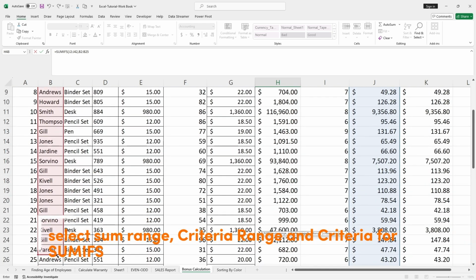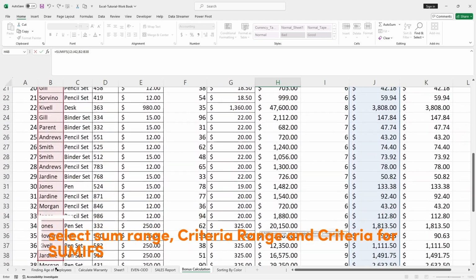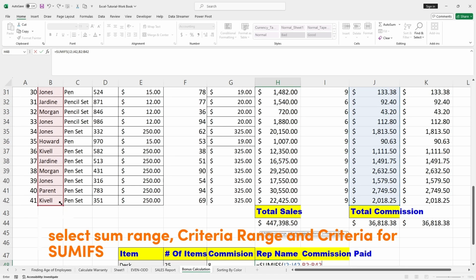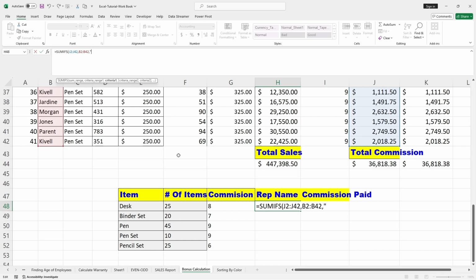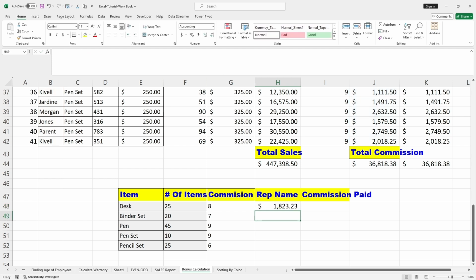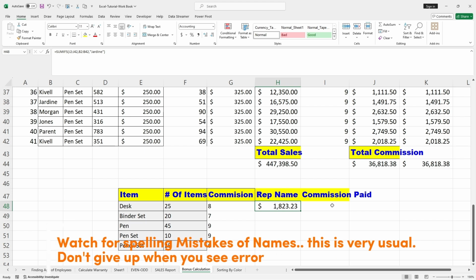My criteria is representative, right? So who is the representative? Who has sold certain items and got commission, comma. Then in double quotes, I need to enter the name of the representative, Jardine, and again double quote and close the bracket. So I got the commission paid for representative Jardine,